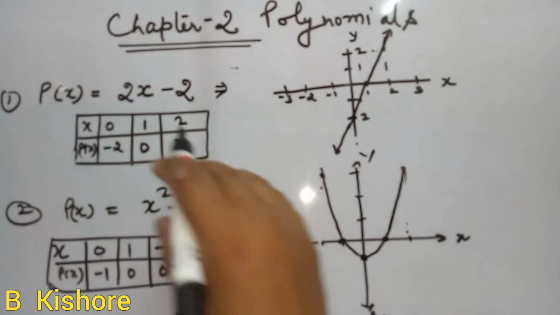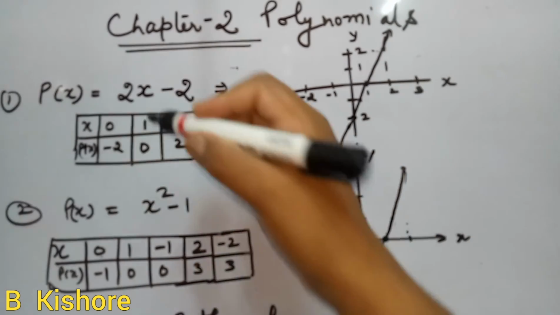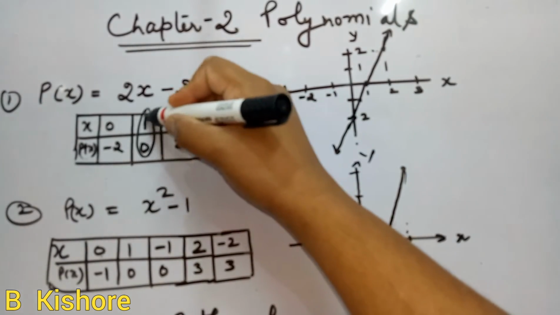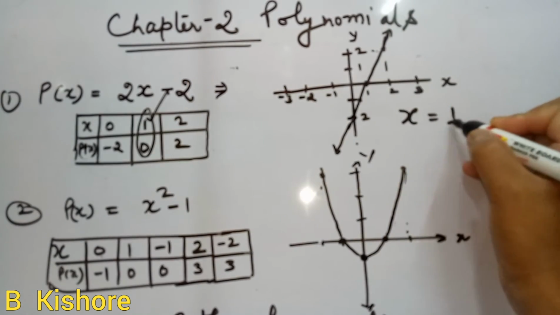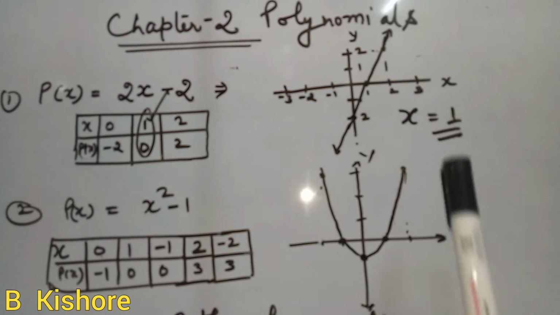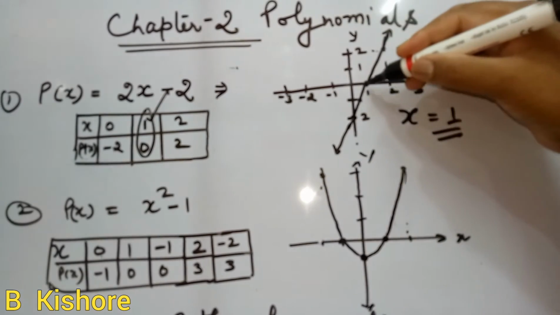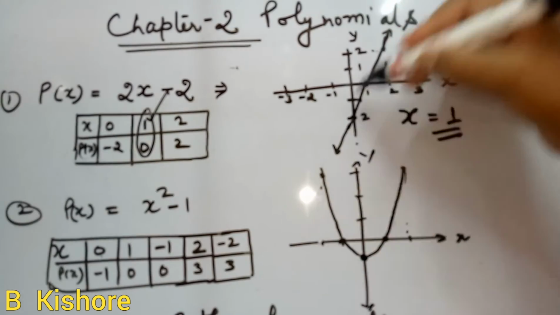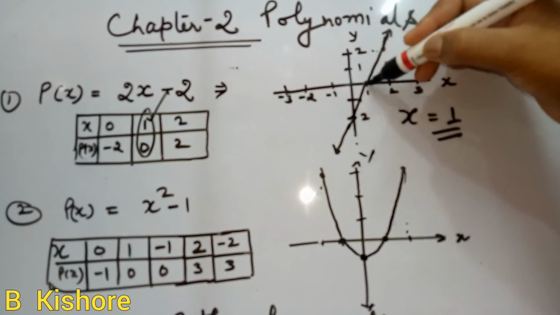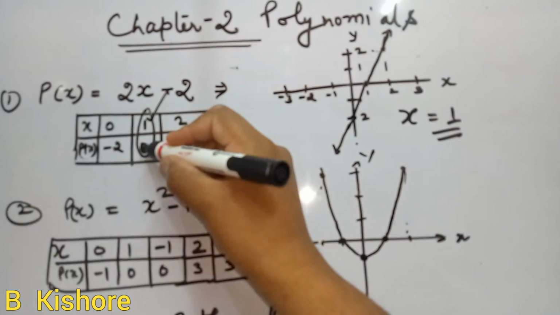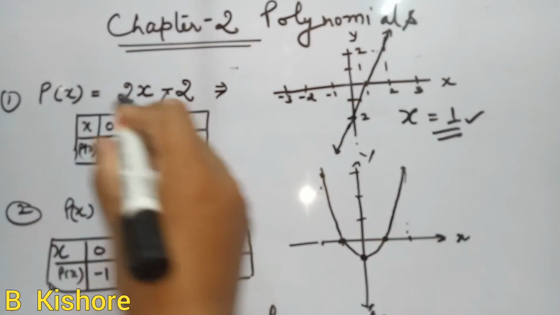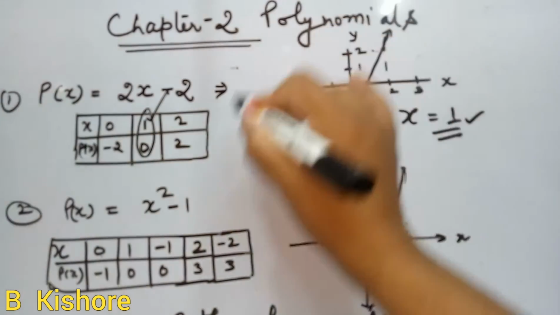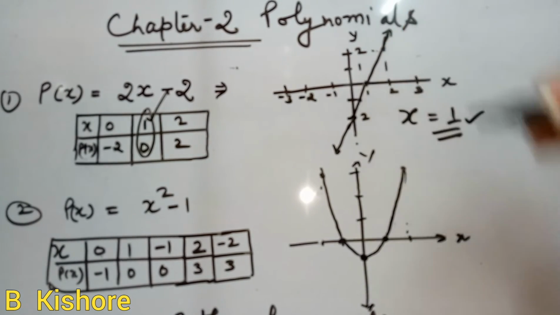Now in this case, what is the zero of the polynomial? Here the zero of the polynomial is this one, x is equal to 1, because I know that at x is equal to 1, at this point, the value of this polynomial gets 0, y की वैल्यू यहाँ पे 0 जाएगी. Okay, so this is the 0 of the polynomial, and in a linear polynomial only one 0 is there.